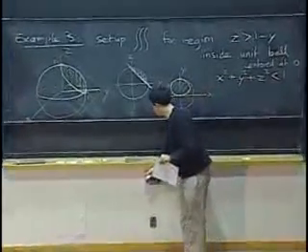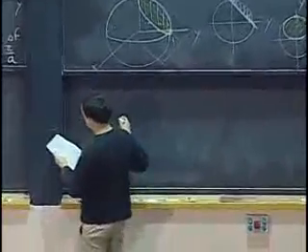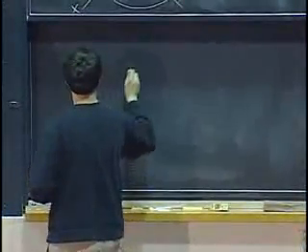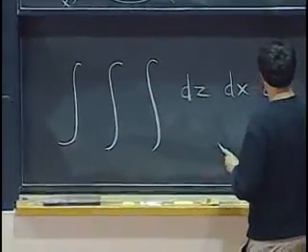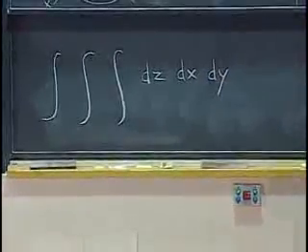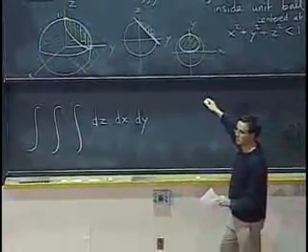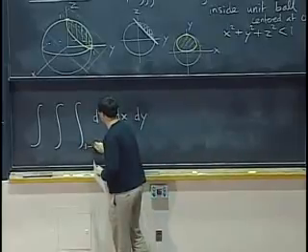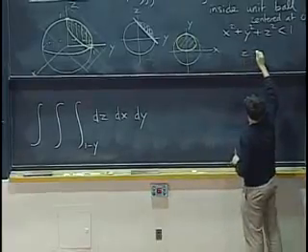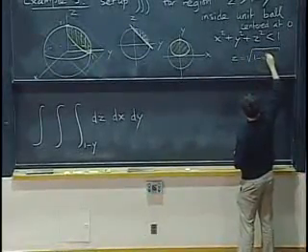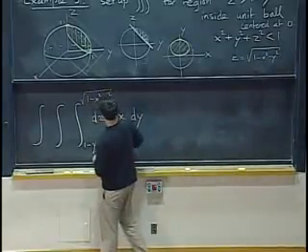Okay, so now if you want to try to set up that triple integral, let's say we do it in rectangular coordinates because we are really evil. So we do it with z first. The bottom surface is the slanted plane, so the bottom value would be z equals 1 minus y. The top value is on the sphere. So the sphere corresponds to z equals square root of 1 minus x squared minus y squared. So you'd go from the plane to the sphere.